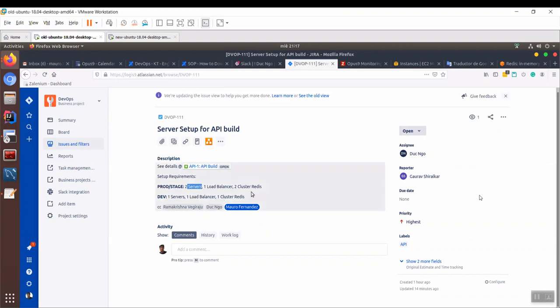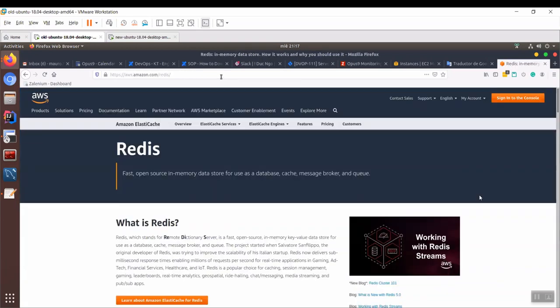And that's it. Create a Confluence page right now with the title cost estimation, and put a table with the cost of the servers, two for staging, two for production, servers with 1 GB of RAM, and the cost of the two load balancers, one for production, one for staging, and how much a Redis cluster costs.